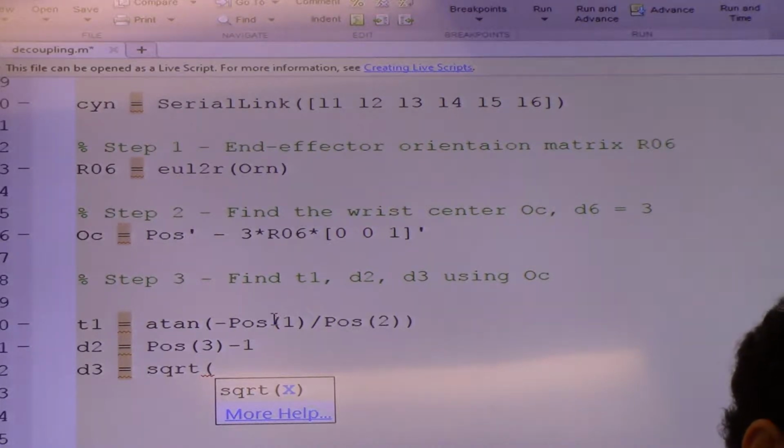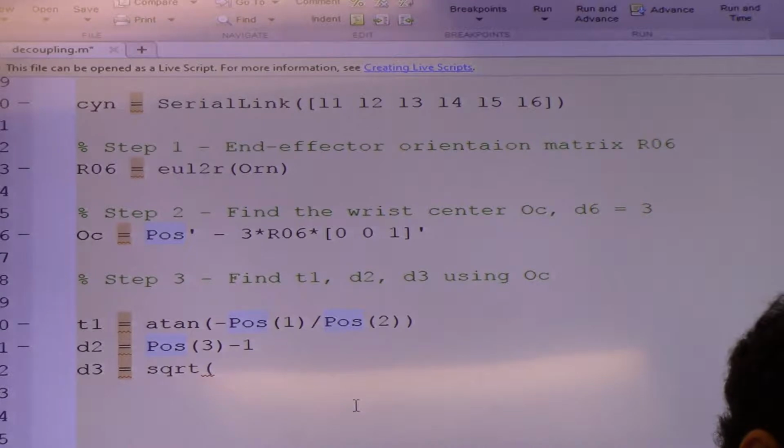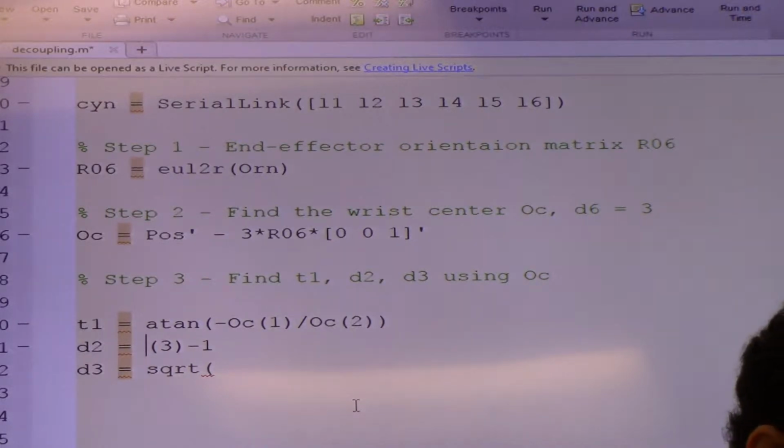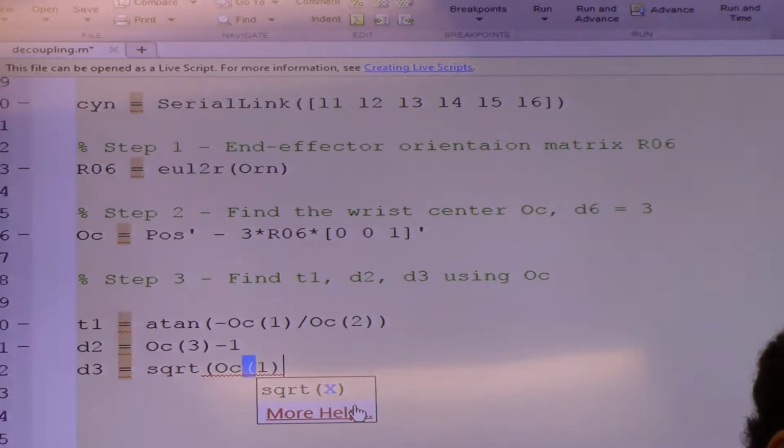I'm sorry, we are doing the risk center, so this should not be it. We found out the risk, so this should be OC. We are finding everything from OC. So this will be OC of 1 times